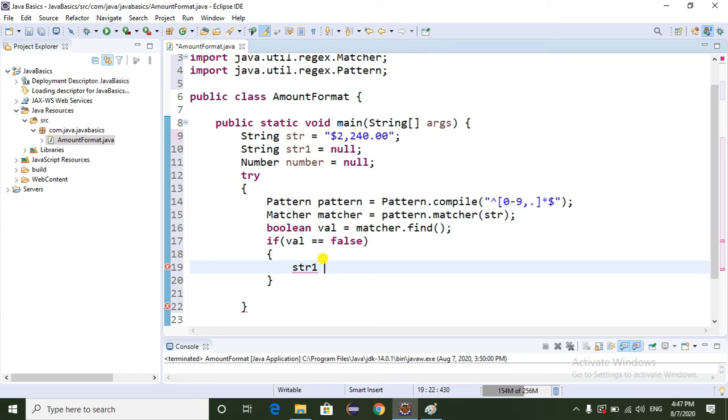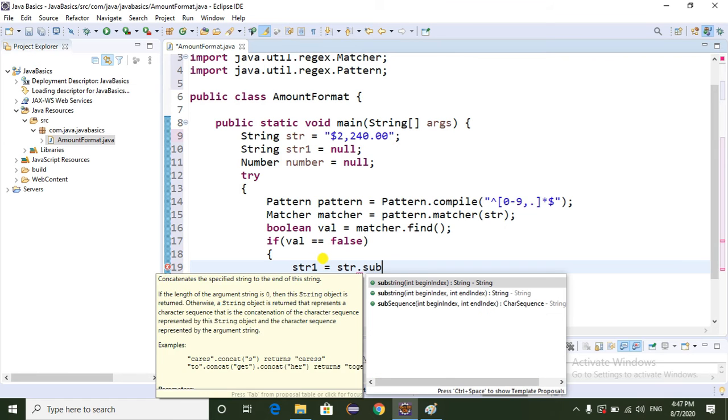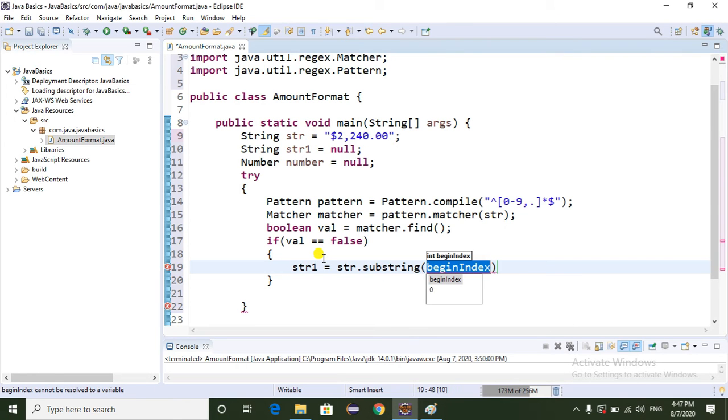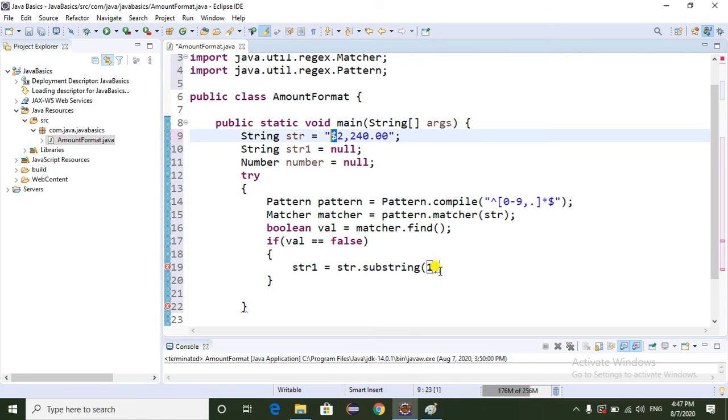So String str1 equal to str dot, here we are using substring to remove the special characters. Here I am going to use 1, that means the first character, the dollar, should be removed. If I write string.substring(1), it just removes the dollar from the amount field.